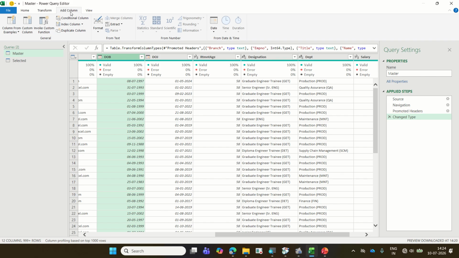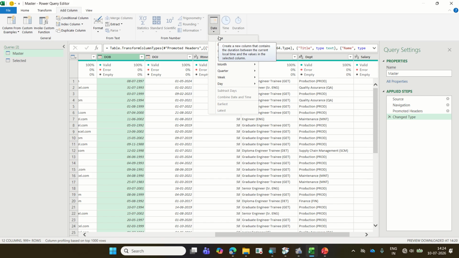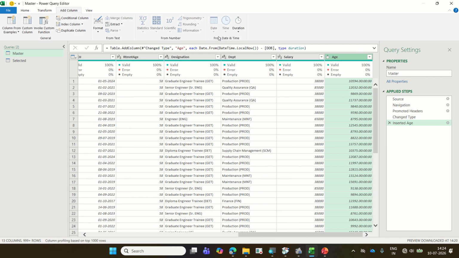This column is a text, or is this column a number? This column is a date. It's a date. So go to date. What do you want? Age. Date only, year, month. I want only the years in a separate column, month in a separate column, weekday in a separate column, date in a separate column, but I want the age. Click on age. So on the right hand side, it shows the age, but unfortunately, the age of the employee is